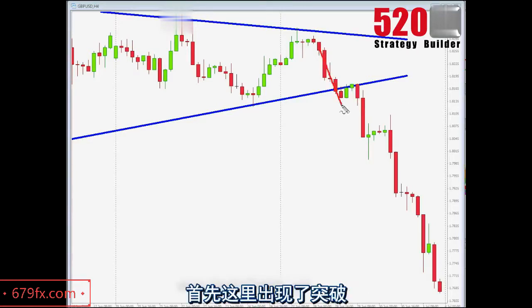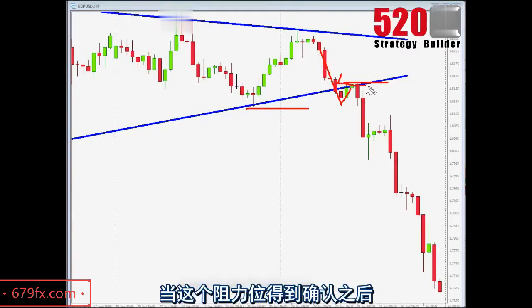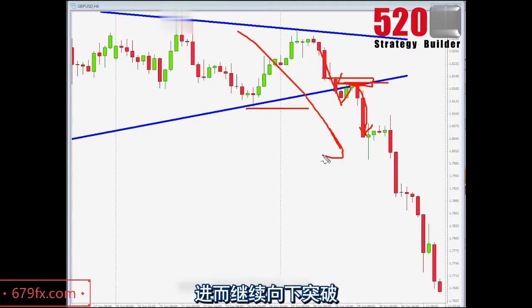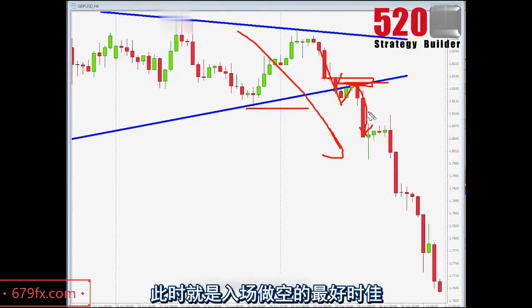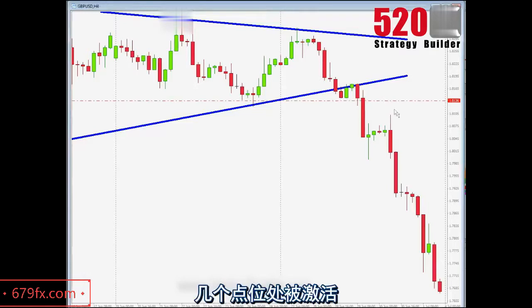You see the breakout, then you see a pullback retesting previous support levels, now working as resistance, and once that resistance is confirmed, once price tops out at that level and continues to move in the direction of the original breakout, there is where you trigger your short entry, because the market has already given you confirmation that the breakout is valid and has delivered through. In this case, the short entry would have been triggered just as we dipped a couple of pips below the